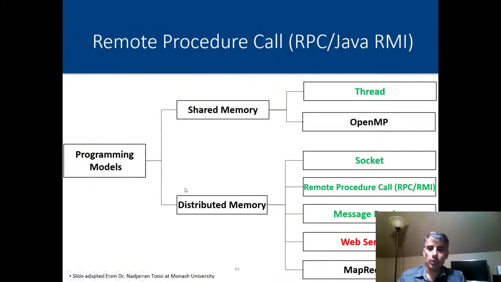Today I'm going to talk about a new form of distributed programming known as web services. Again, I want to remind you that so far we have learned about socket programming, remote procedure call, and MPI message passing, and all of those are under the category of distributed memory. And from the shared memory, which is not the focus of this course, we have talked a little bit about